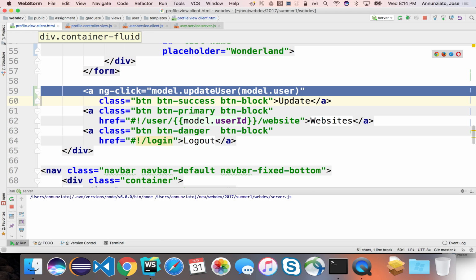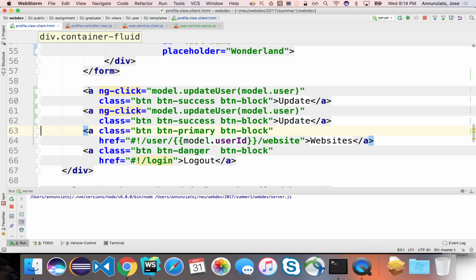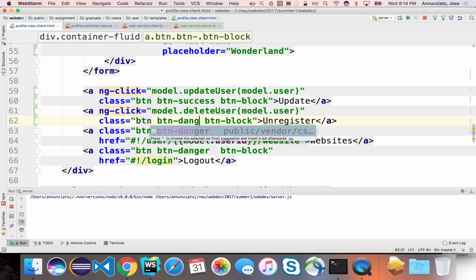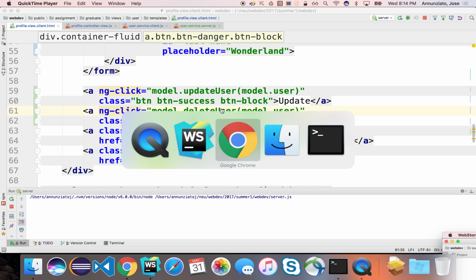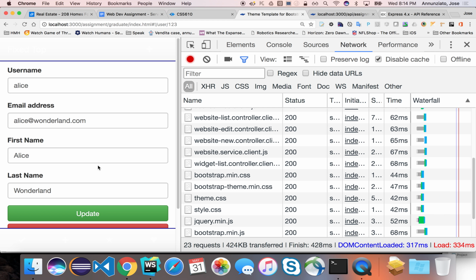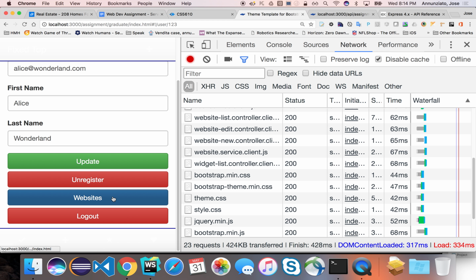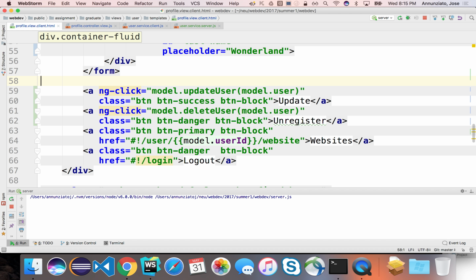Right. So let's add a button here, and we'll call it a delete user, and we'll pass a user object, and this will be unregister. We'll change the color from success to danger, since we are removing ourselves. There it is, unregister, right? And if we click on unregister in the controller